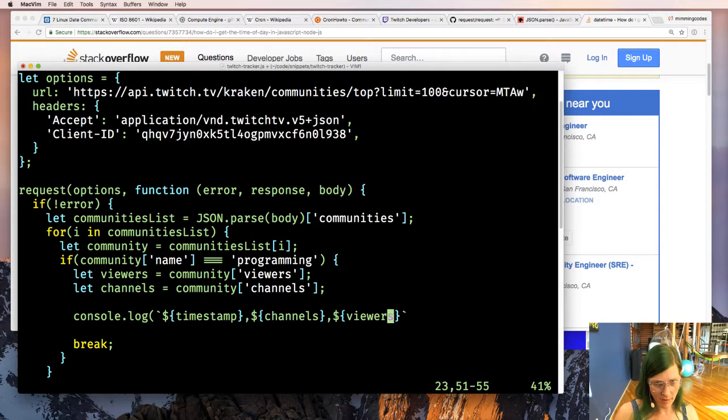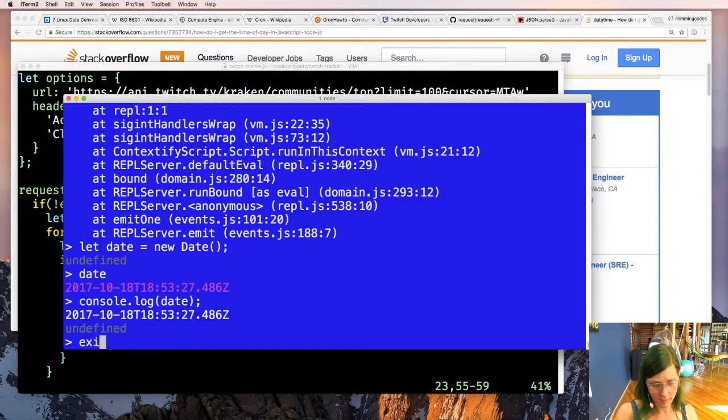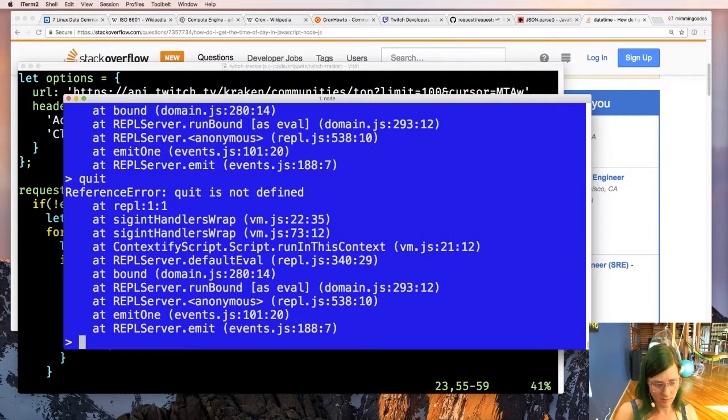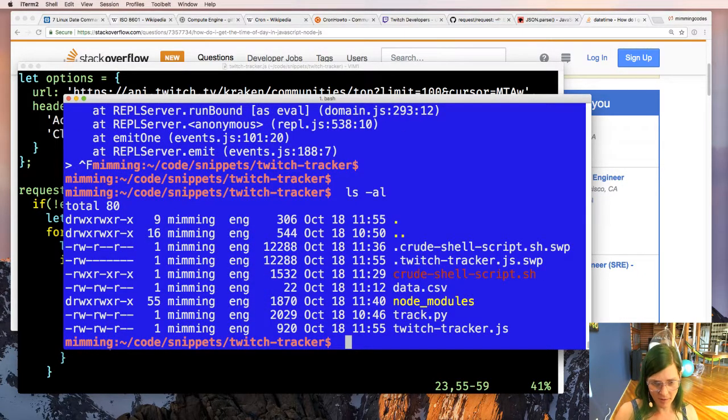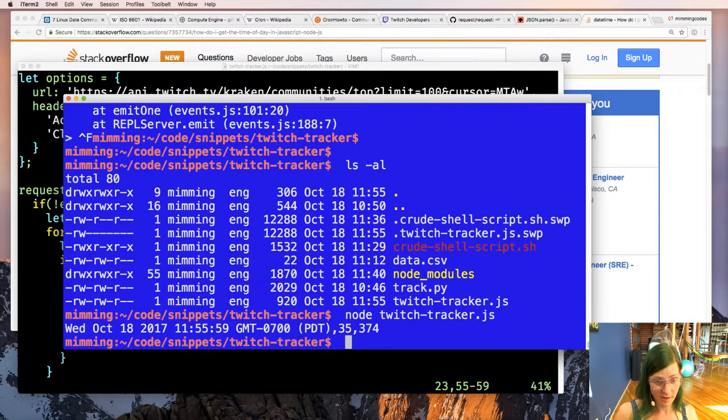Someday I'll learn how to actually use that stuff. Okay, so if I run this, I should get the output that I want. There we go. Someday I'll learn how to gracefully exit. Cool. So it does give me CSV, although it changed it to my time zone when I ran it in a script, but that's still fine.